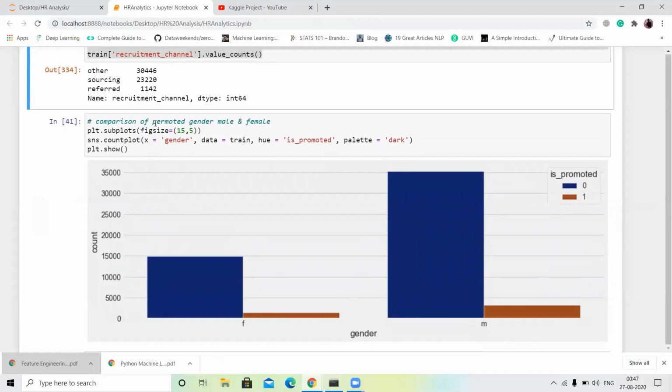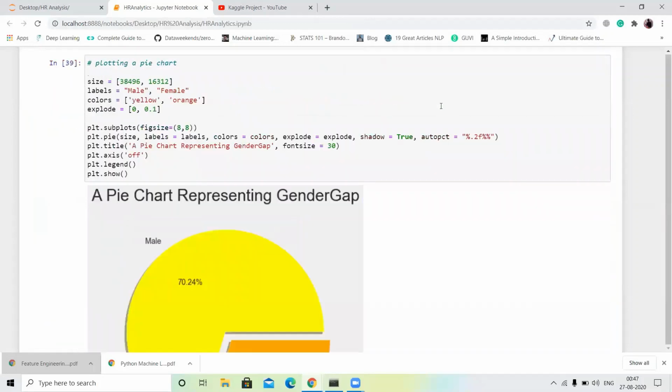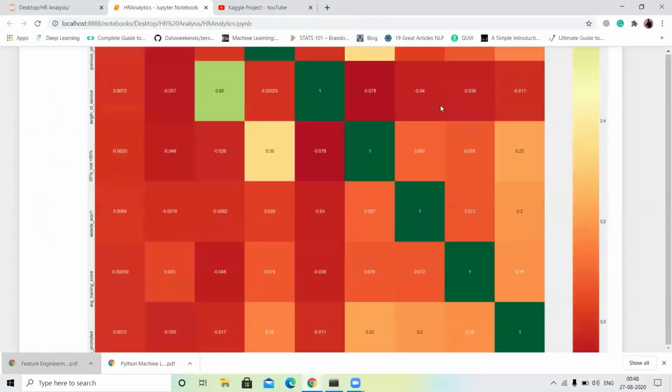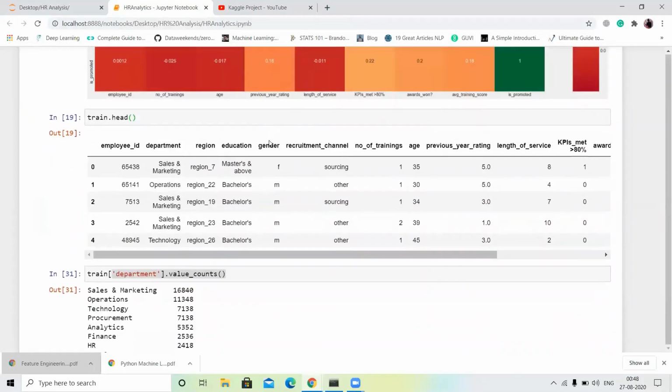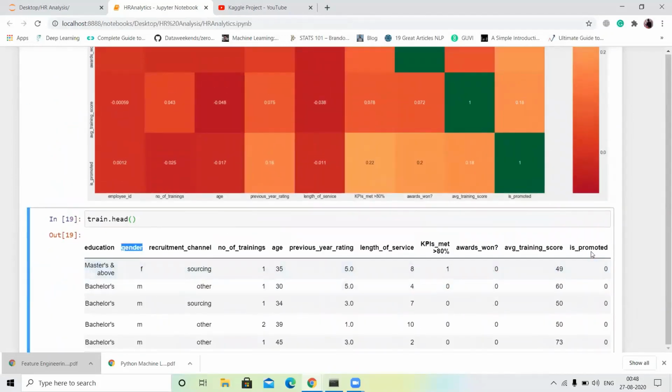Same thing guys, I plot the count plot with the gender and whether they are promoted or not. First of all, I compare the promoted column and the gender column. I'll just show you our data set guys. You can see I compare the gender column and the promoted column. Promoted column means whether the male is promoted or not.